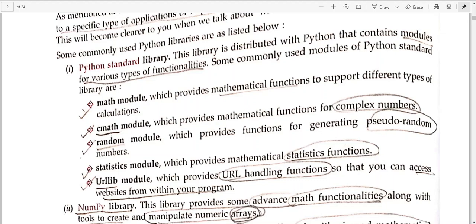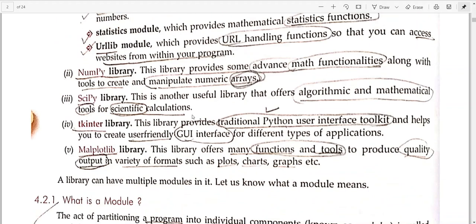The next module is the cmath module, which is meant for complex numbers. Again, it provides mathematical functions concerning complex numbers. The random module gives the generation of random numbers. Next is the statistics module, which is related to statistical functions. The urllib module provides URL handling functions. When you are dealing with websites, at that time you will need this particular module.